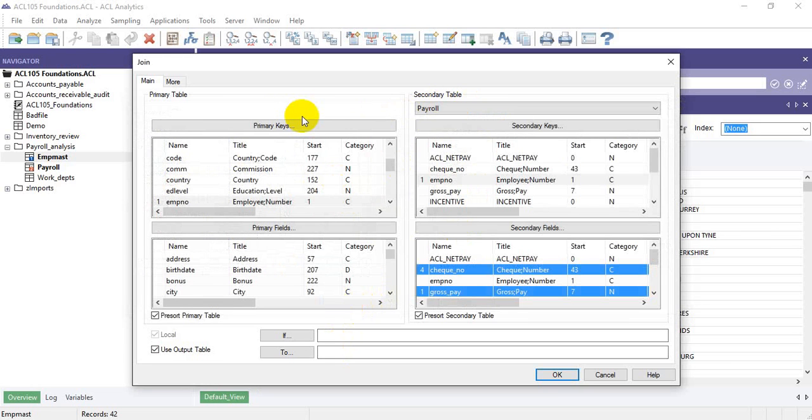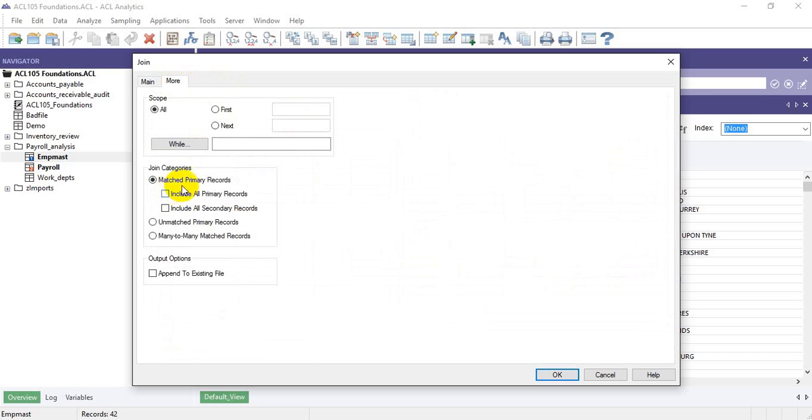Then for this particular join, we are doing a matched join. The matched join has to do with, if you see a record in my primary table and that same record is in the secondary table, put the information together. So with the matched join, any unmatched ones will be ignored unless we specify that it should also add them in our join. So to select that category or the type of join you are using, you click on the More tab. By default, it is just a matched